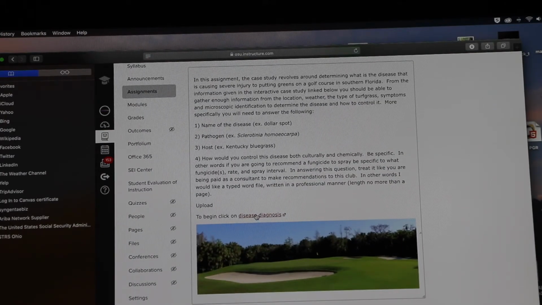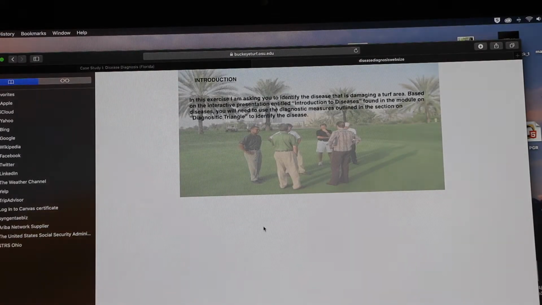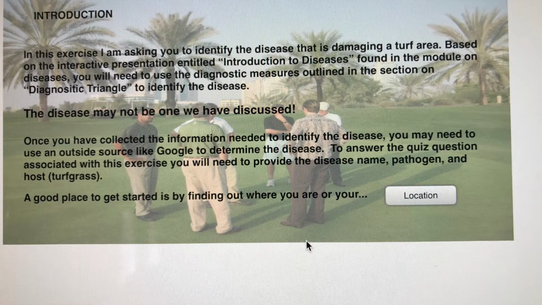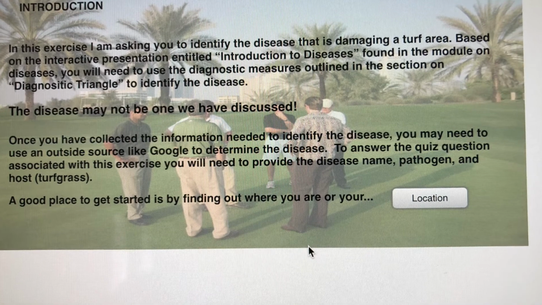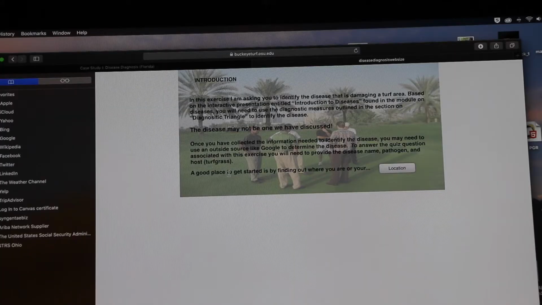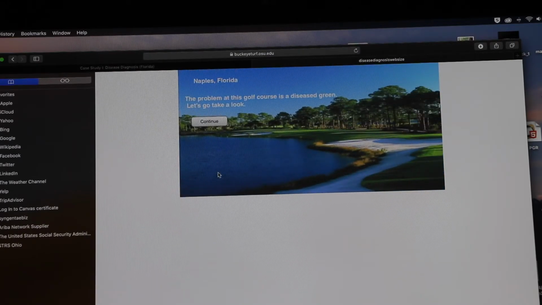So if we go to our first one, disease diagnosis, again, the introduction to this animation is basically what I mentioned previously in the description of the case. Good places to start with is where's the location of the problem, and in this case it's in Naples, Florida. That's kind of a key because now you're in South Florida, very tropical environment. The problem is on a golf course green, so in a lot of ways that helps you narrow down the